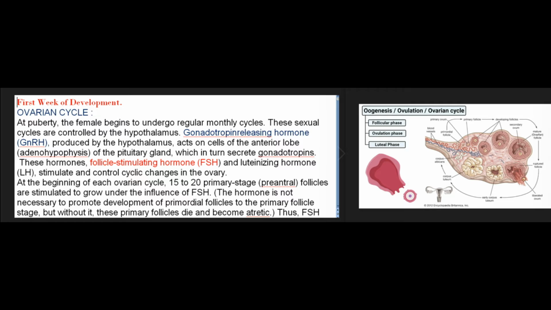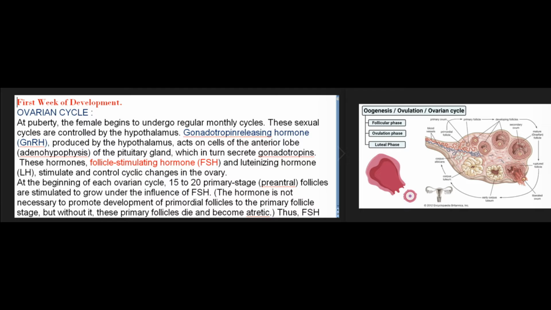First week of development. Ovarian cycle. At puberty, the female begins to undergo regular monthly cycles. These sexual cycles are controlled by the hypothalamus. Gonadotropin-releasing hormone, GnRH, produced by the hypothalamus, acts on cells of the anterior lobe, adenohypophysis, of the pituitary gland, which